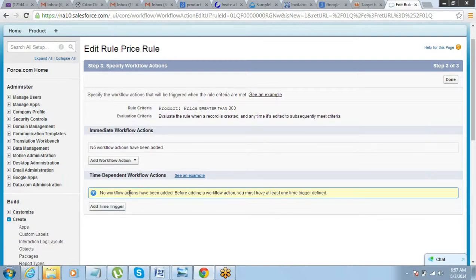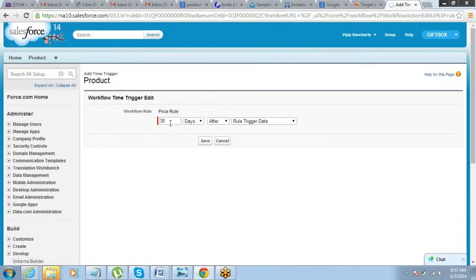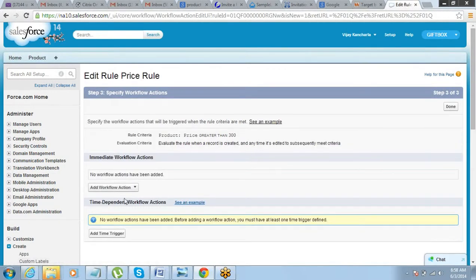For time dependent actions, you can define a time trigger, let's say 3 days after rule trigger date. So any action that you define under this time trigger, all these actions will be done after whatever time trigger we have set. Got it? So that is how it is.